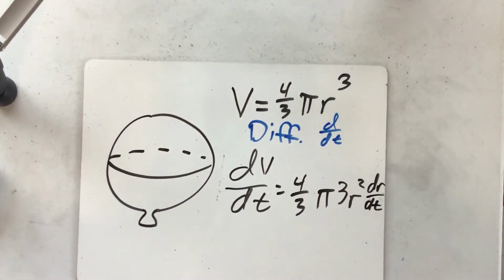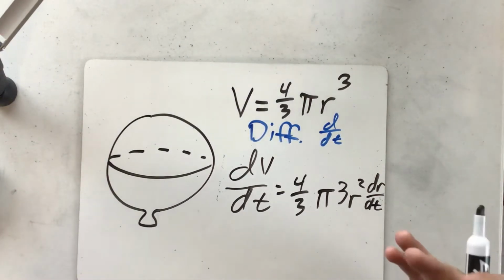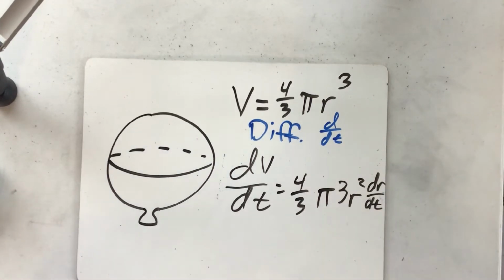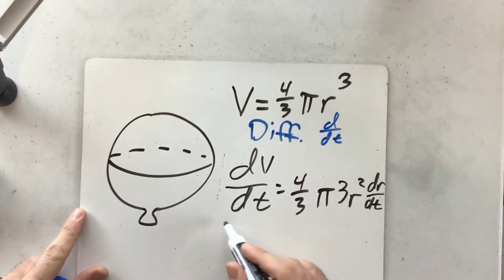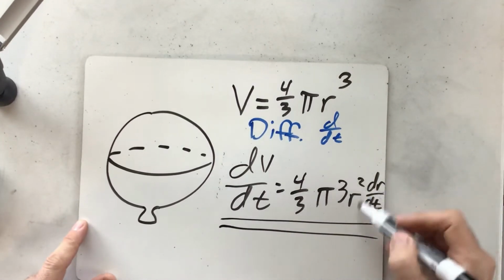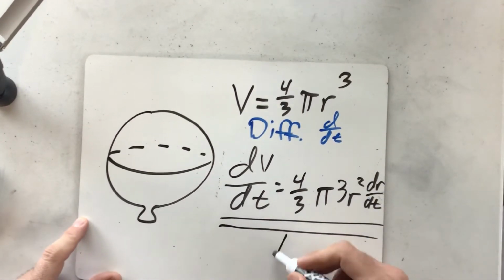This is just like when we took the derivative of the y earlier. We had y times y prime, or y times dy dx. It's the exact same idea, except it's r, and we get a dr dt. Now this is a much better equation because notice we wanted dr dt, and now here it is. So now if we plug into this equation,